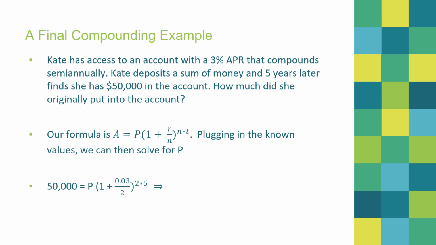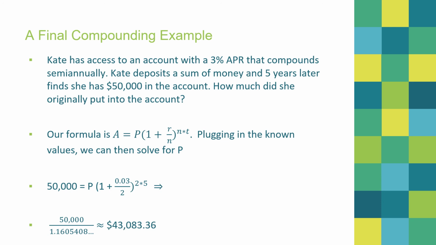Remember, the 2 is because it's semi-annually, that means twice a year, and the 5 is because it's 5 years. Now, all of that is going to get you a weird number on the right side times P. We're going to divide by that value, which is